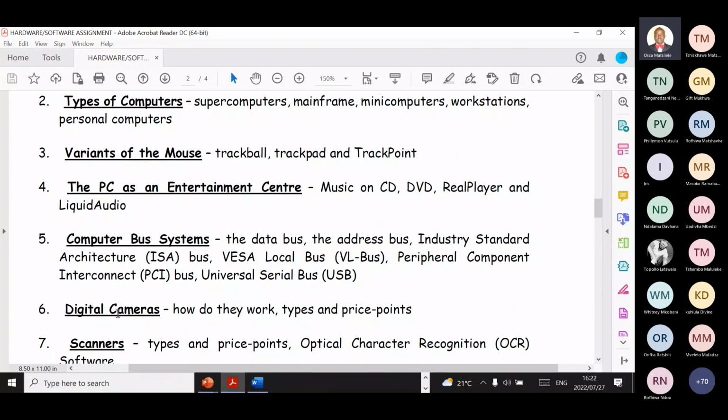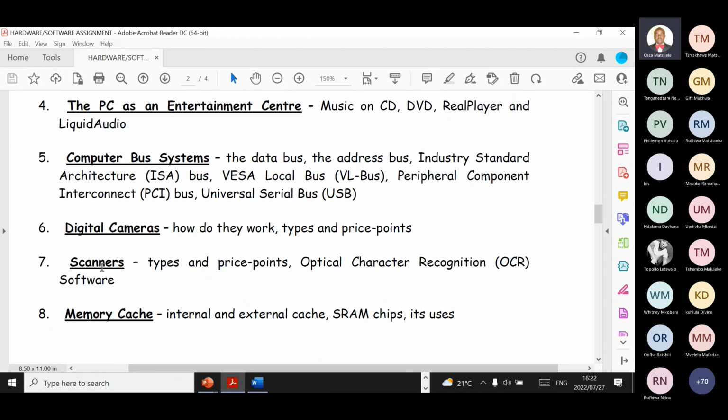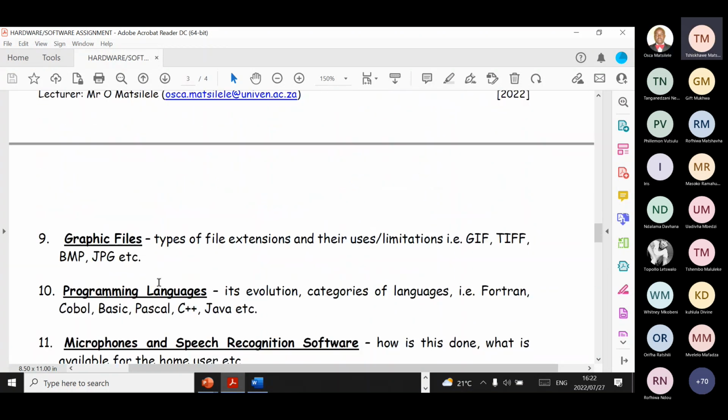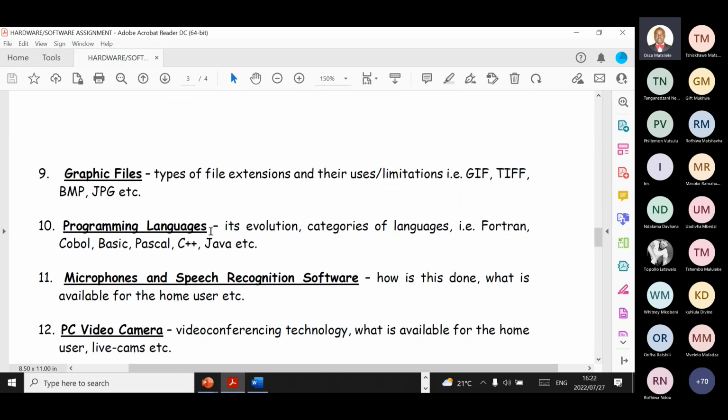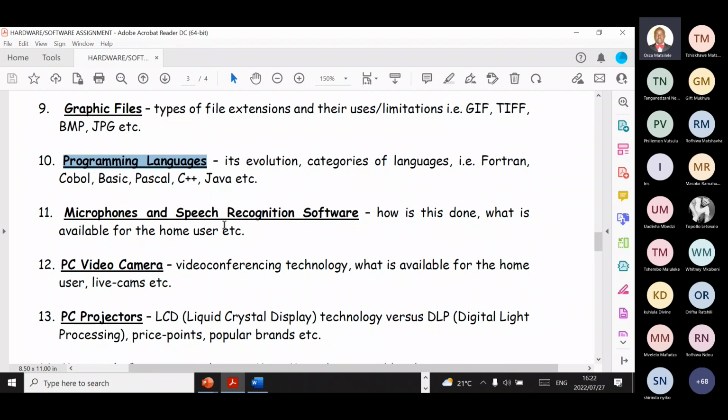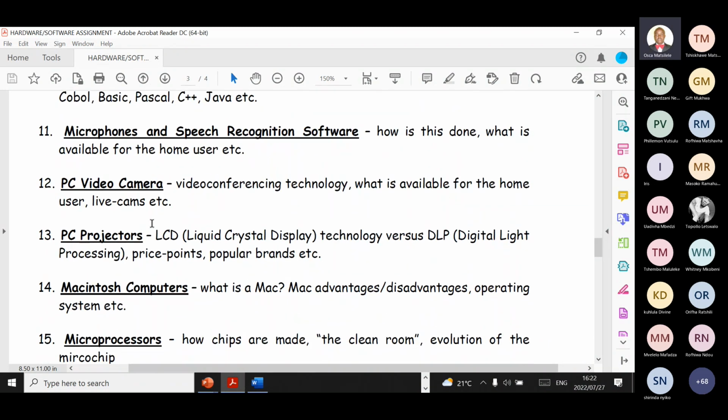There are many. If you want to research about digital cameras, computer bus system, scanners, memory chips, graphic file formats, programming languages that we have, their evolution, how these things started, the categories of language, where we have COBOL, BASIC, Pascal, C++, Java, etc. If you want to research about programming languages, you can. If you want to research about microphones and speech recognition software, how it is done, and what is available for home use, just choose any topic